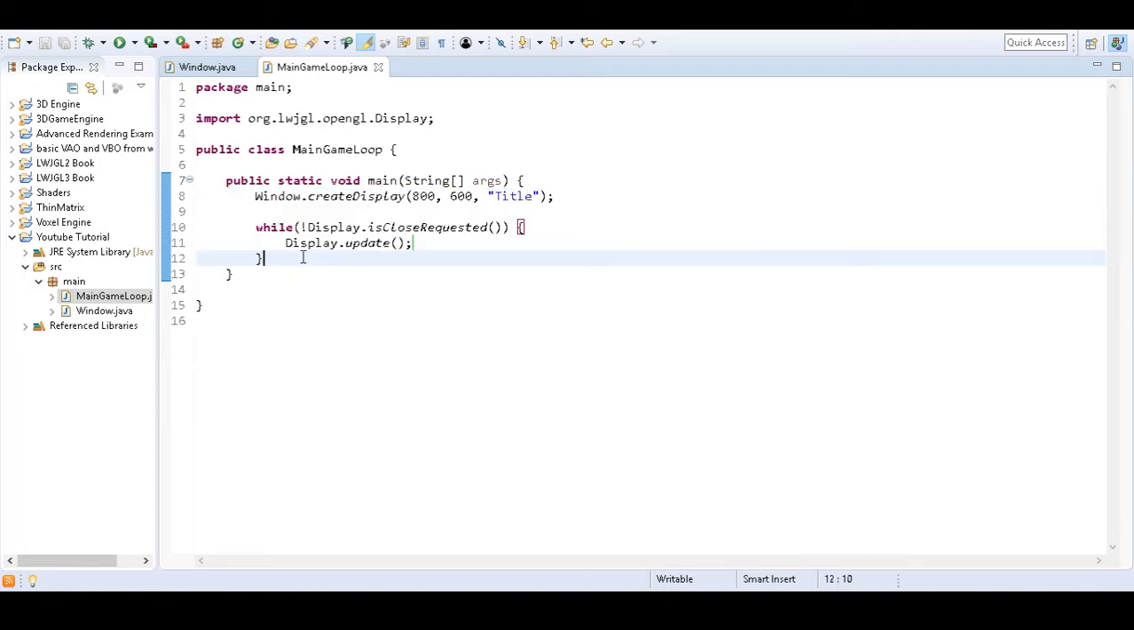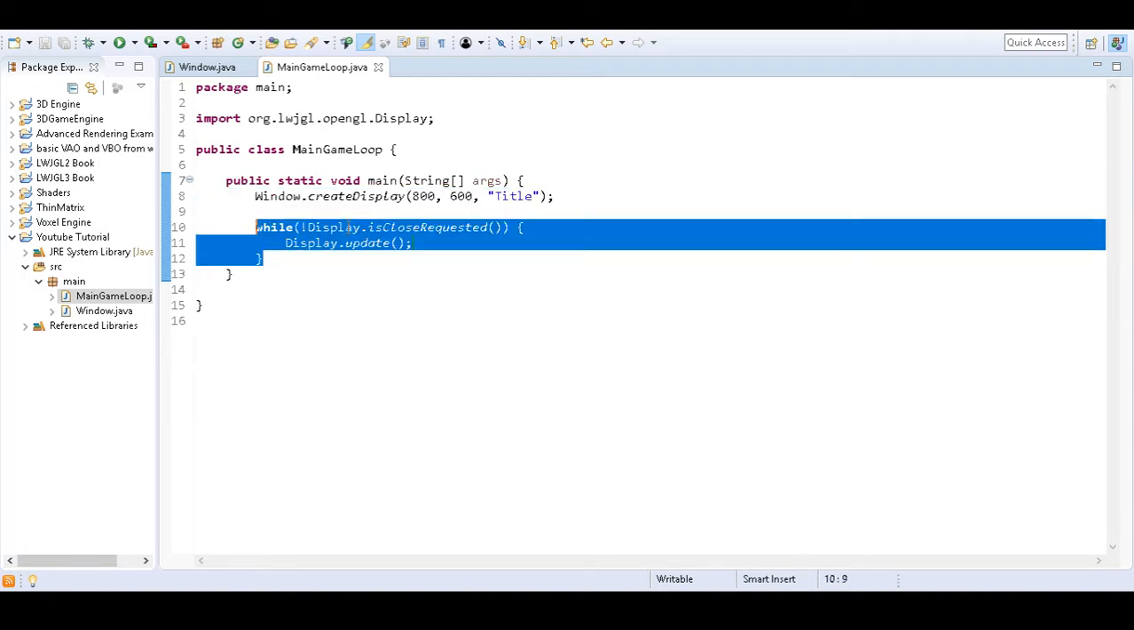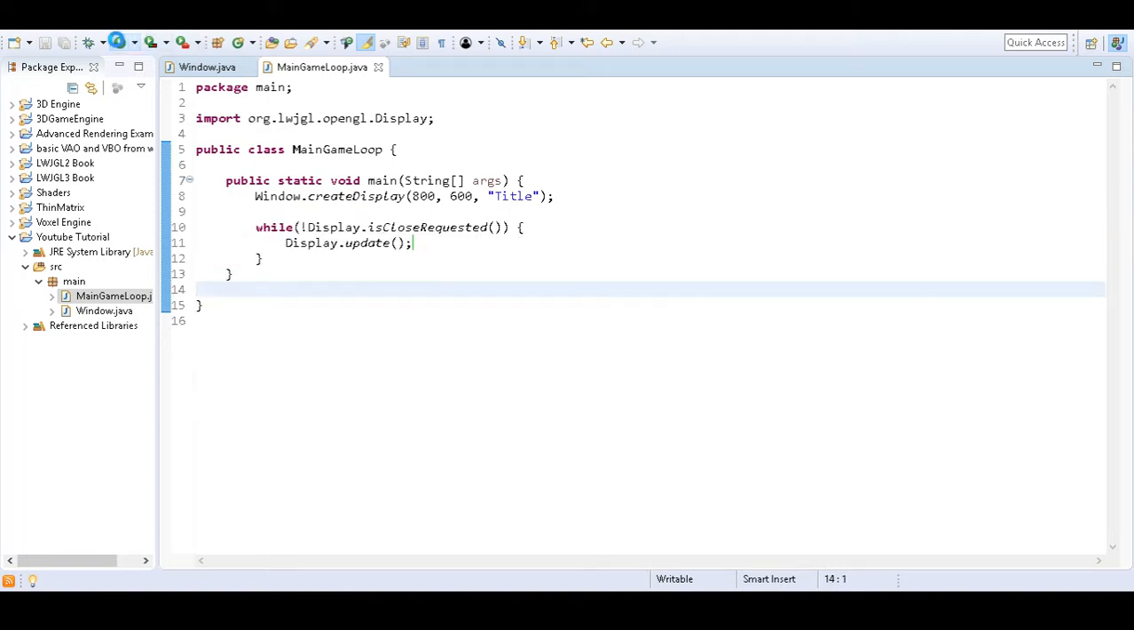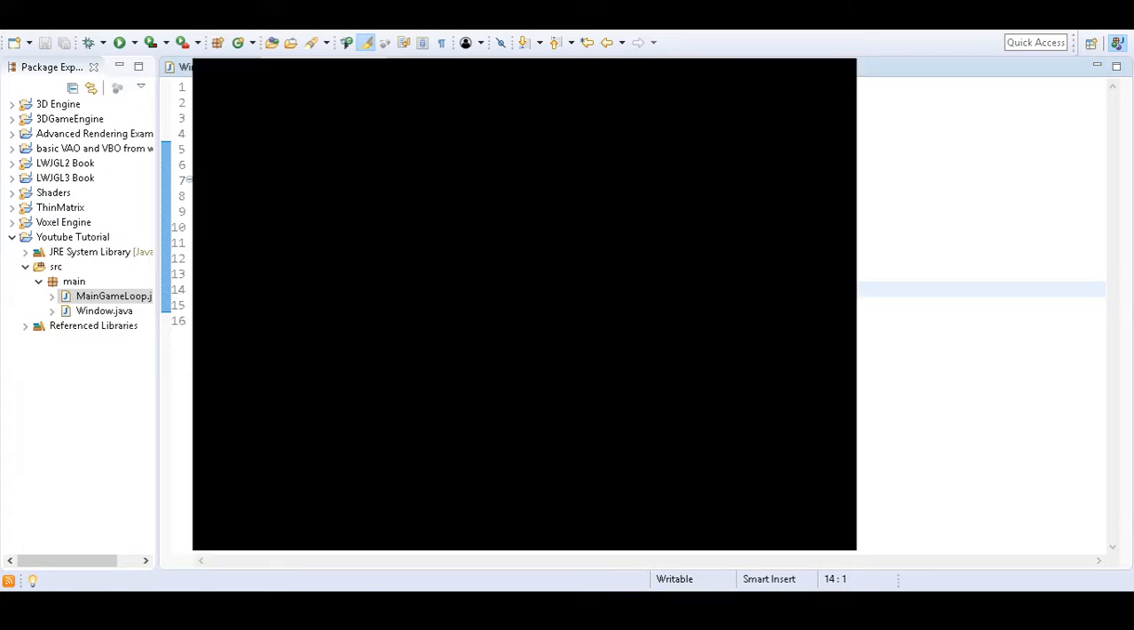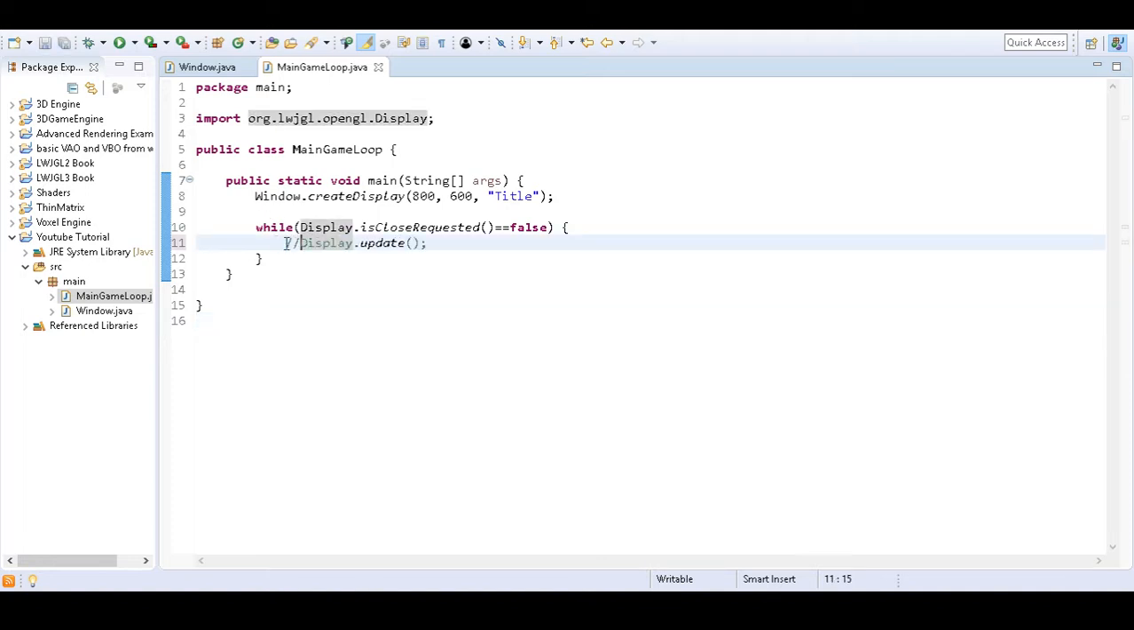Then in this code some beginners won't understand. So while display is close requested, I'll play and I'll show you guys. Display dot is close requested is a boolean, and it checks whether we've pressed the X button. So if you press the X button, it's going to do something. So we're going to put that in a while loop. Another way to type this for beginners is equal to false, and the same thing. So this means while we haven't clicked this at all. If we haven't clicked this X button, we're just going to run and display the update, that's very important,